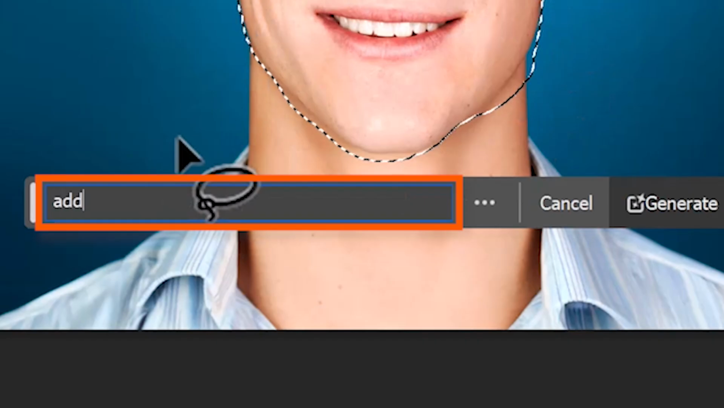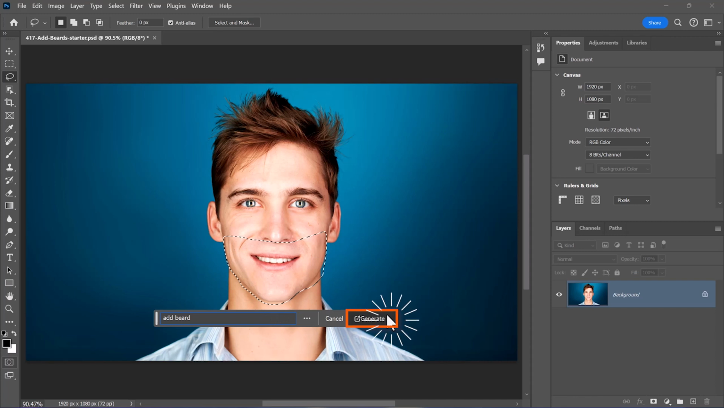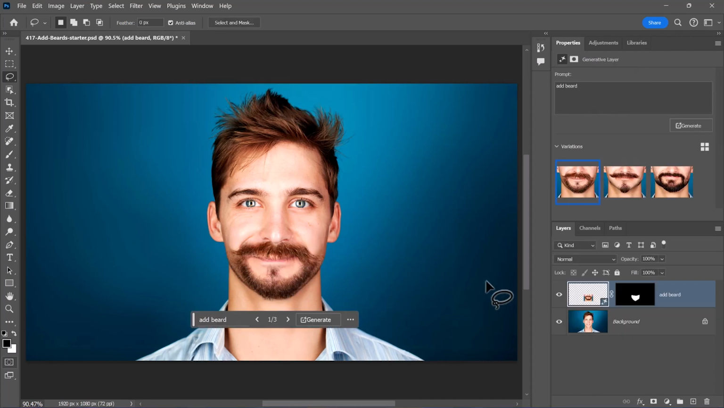Creating a selection around a face and telling Photoshop to add a beard will not give you great results. The variations look realistic, but we lost prominent facial features and the smile. Instead, let me show you a fantastic technique I developed to paint in realistic facial hair in Photoshop using Generative